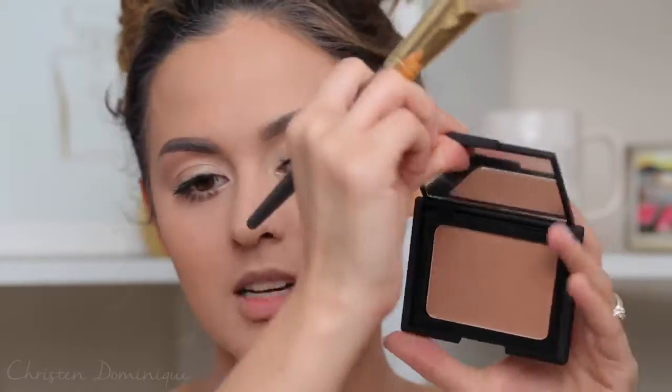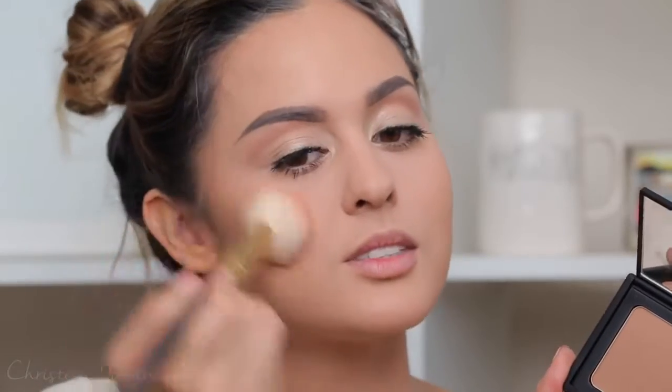The next thing I picked up was this NARS bronzer in Laguna, and I haven't tried it before. I'm going to take my brush right here. This is a Smith 118 brush, and I'm just going to work it onto the cheekbones like this, just to add some color and warmth to my face. Bring that tan in. Summer is all about the glow and the bronze, so I'm just going to pack on the bronzer